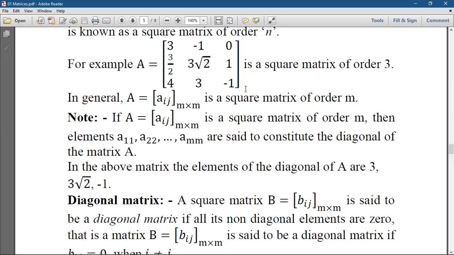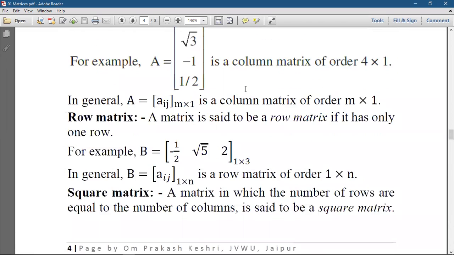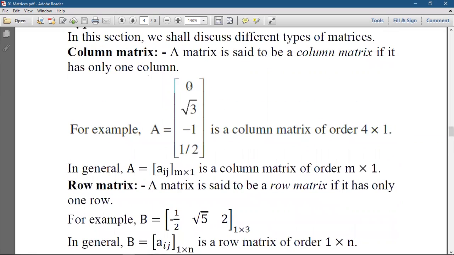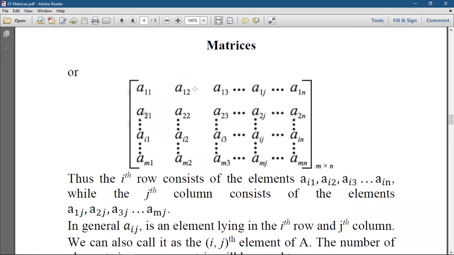Now, when the word diagonal comes before matrix, we can say a diagonal matrix. What is a diagonal matrix? A diagonal matrix must be a square matrix because diagonals are present in a square matrix only. When we use a rectangular matrix, such as in your previous example, only one diagonal element is there. Here A11, A22, A33, up to Amn are the diagonal elements if m equals n.